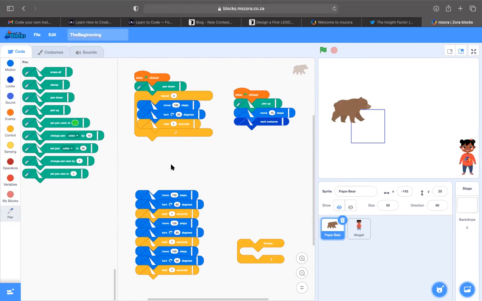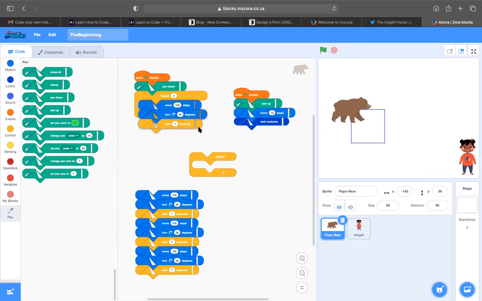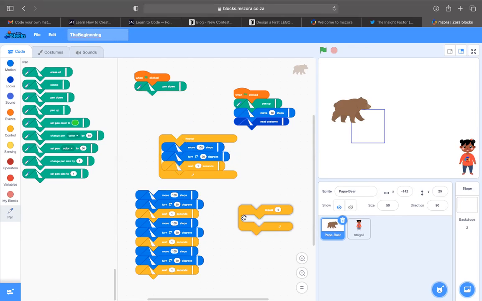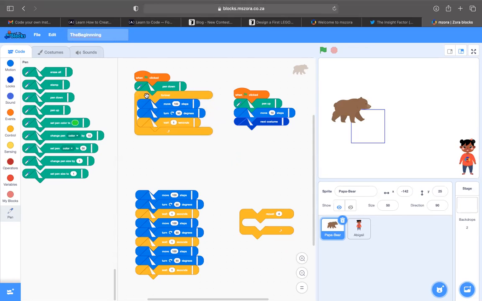And finally, we have this other loop called forever, which we sometimes use. This is what forever will do. It will keep going in squares forever.